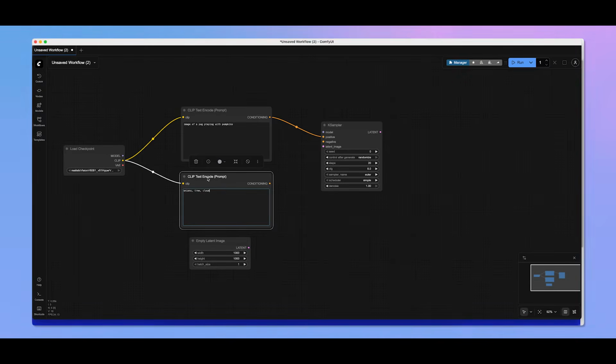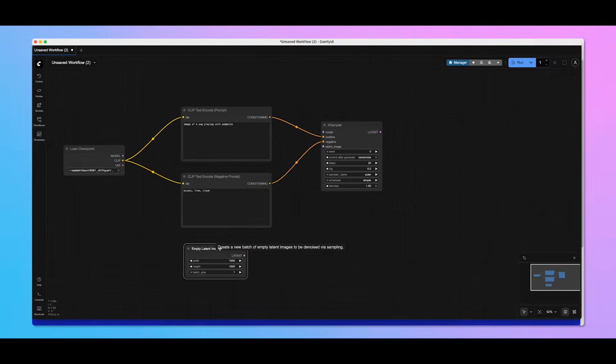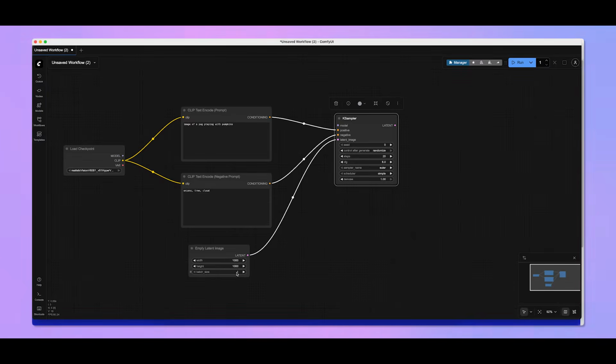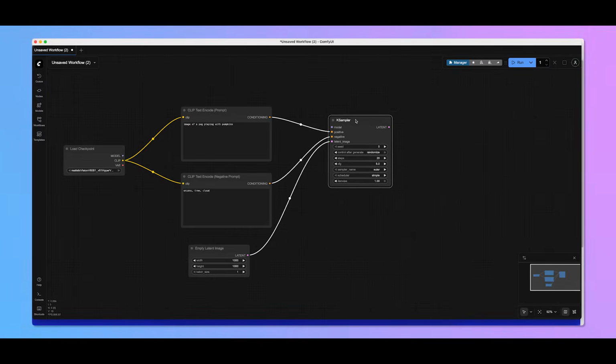So you have added them in your negative prompt, and just for the sake of clarity, let's write negative prompt here. Now this is a negative prompt, so let's click on this conditioning node and connect it to the negative node. Now you have already set the canvas here. Let's select this particular node and connect it to the latent image. So now these three things are connected to this particular K-sampler, and ideally you should be able to run this prompt and create your image,